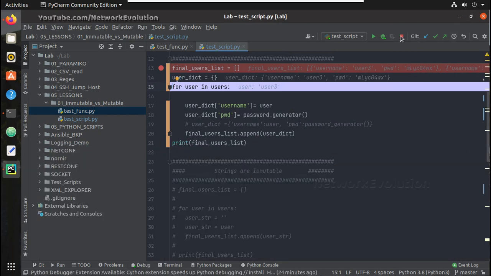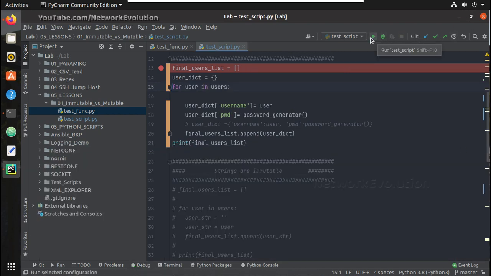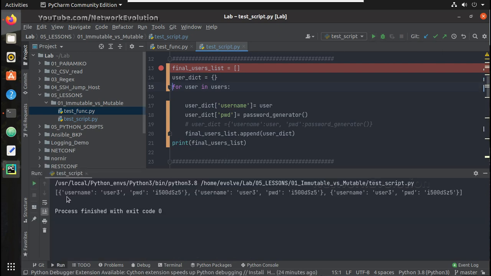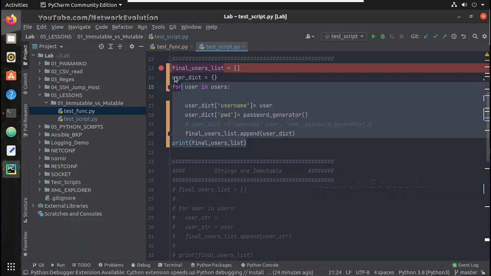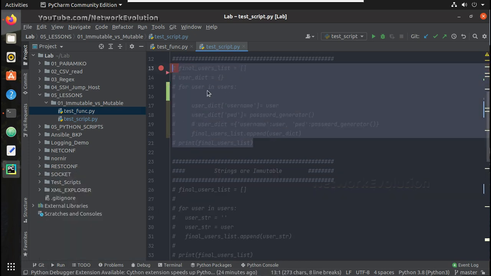Now let us, without debugging, try running the script. You can see everywhere it is user 3. So to understand the difference, let me comment this, and we'll enable debug for user.